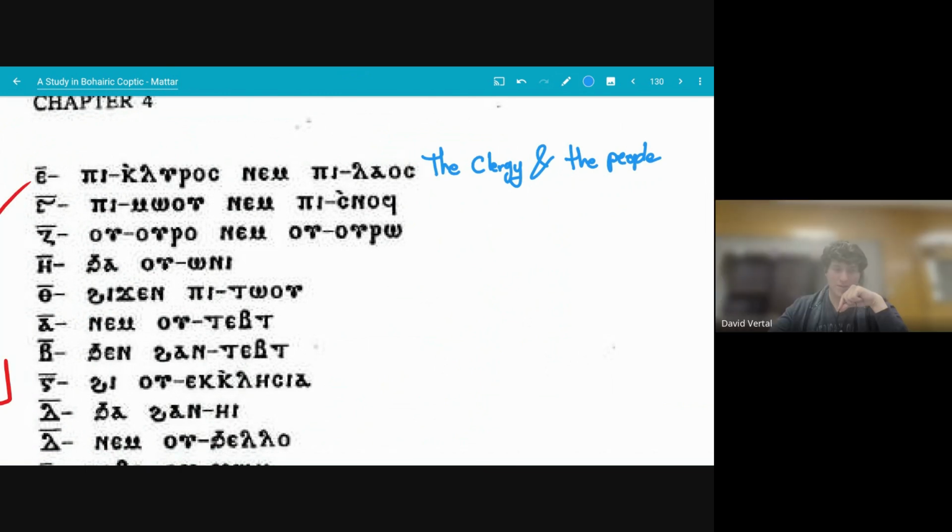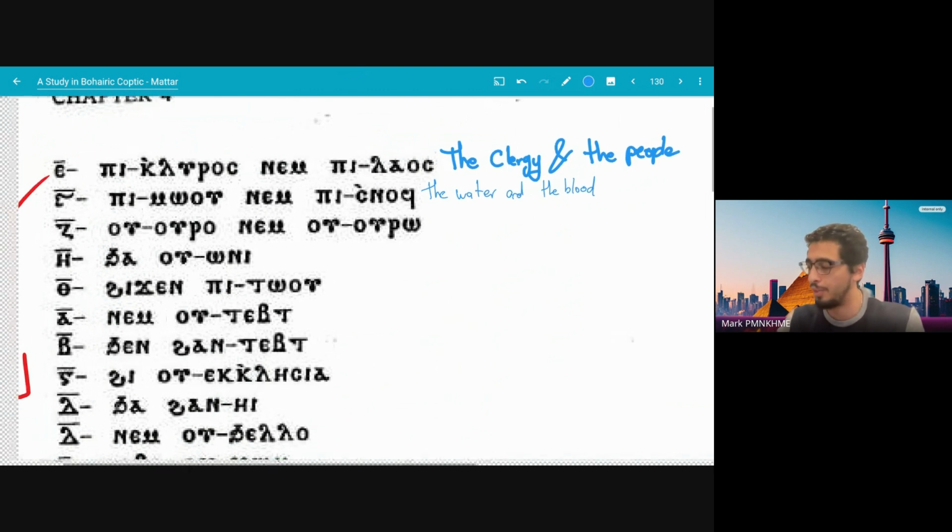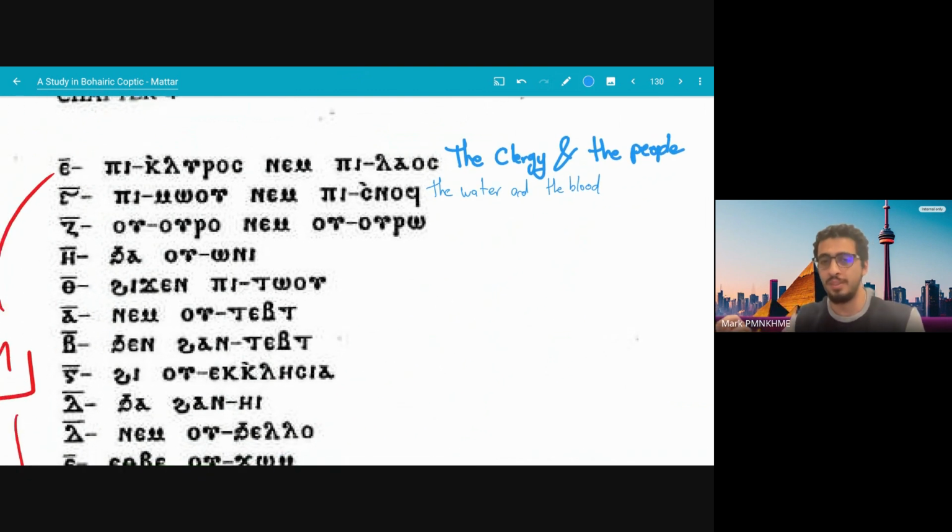The water and the blood. For the people that just joined, one important thing we mentioned: please ask any question at any time during the homework, because that's where we spend the bulk of our time, actually going in depth through what we just covered in the week before. We go over the lessons briefly and spend more time on the homework.